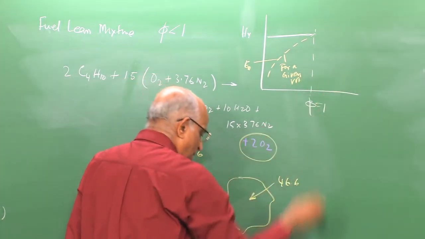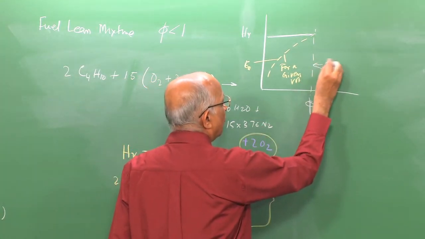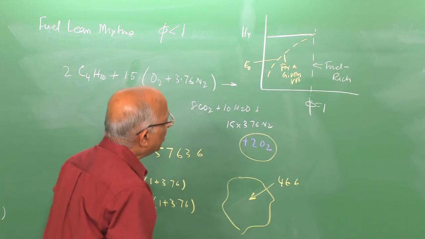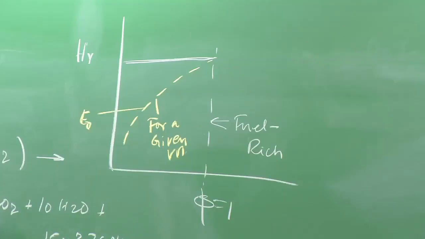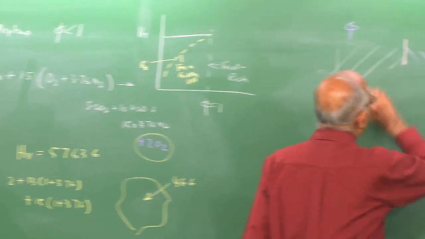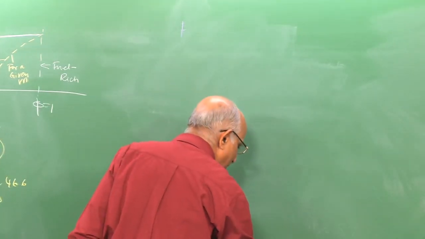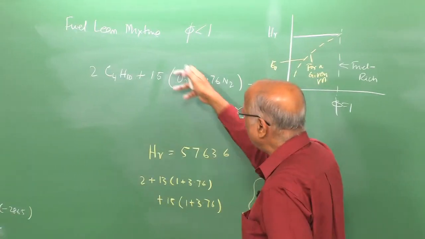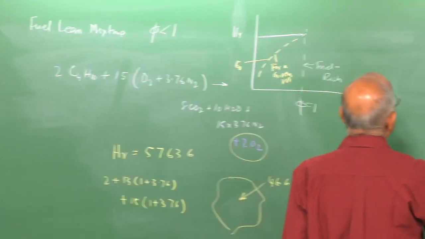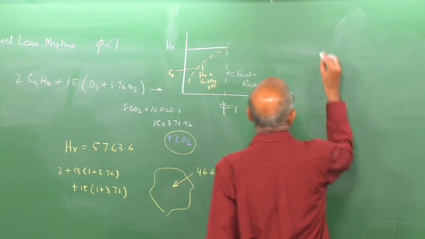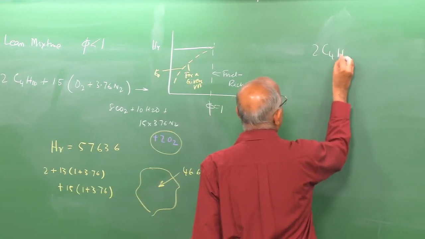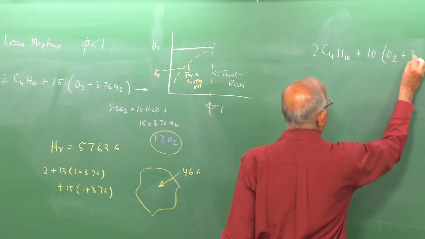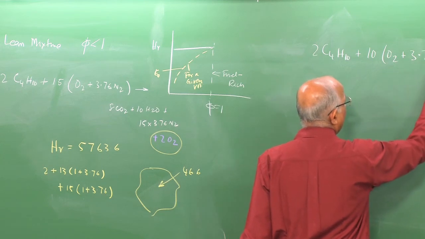Let us do an exercise for the fuel rich condition before we revisit the fuel lean condition. What will happen in the fuel rich condition? Let us take another example and do this example completely. Fuel rich, we said, I do not have something like 13 moles for stoichiometry, maybe I will have less. Let us consider 10 moles, which is the example I considered earlier. Let us therefore write the equation down: 2C4H10 plus, now I have 10 of oxygen. 1 mole of oxygen in the air is associated with 3.76 moles of nitrogen.